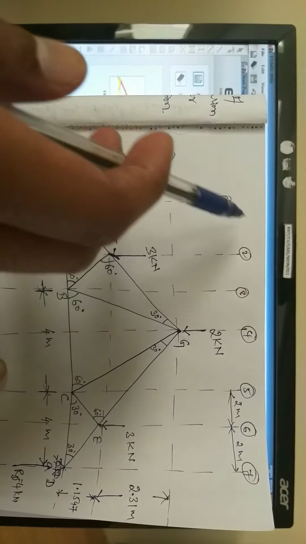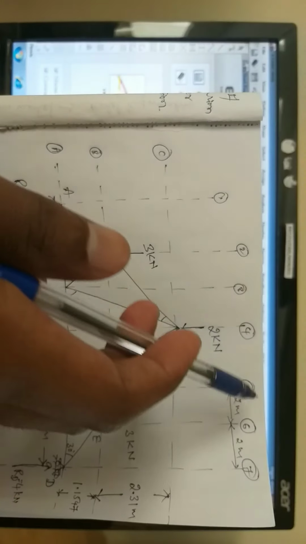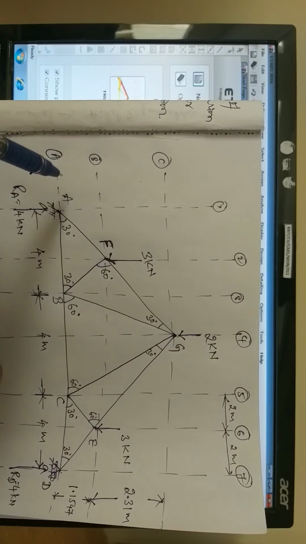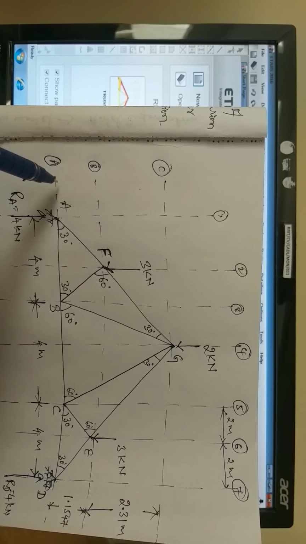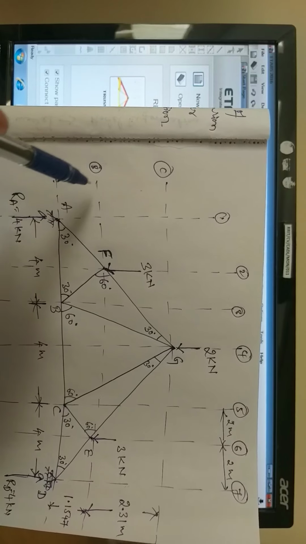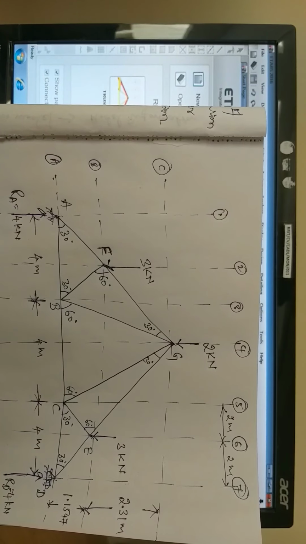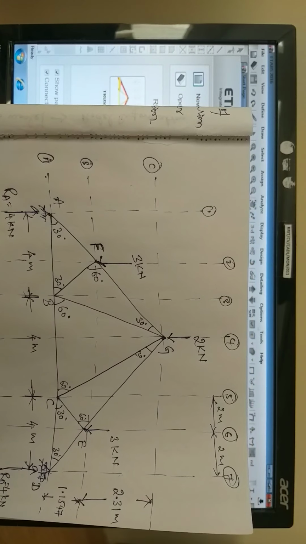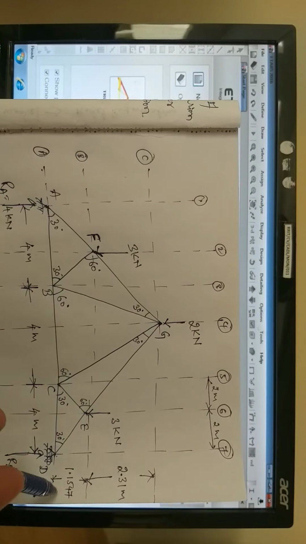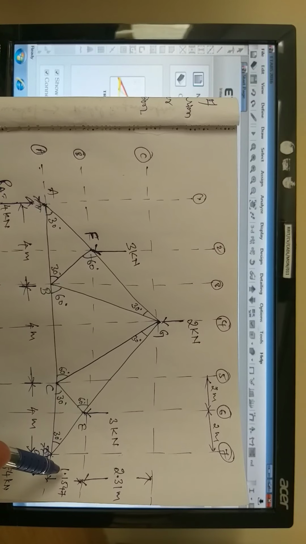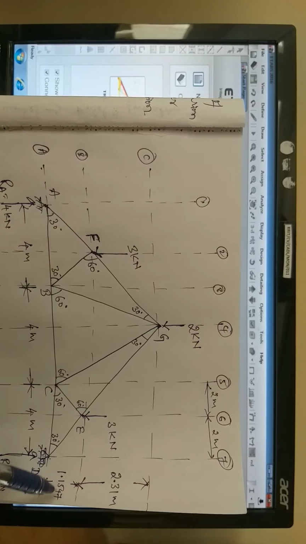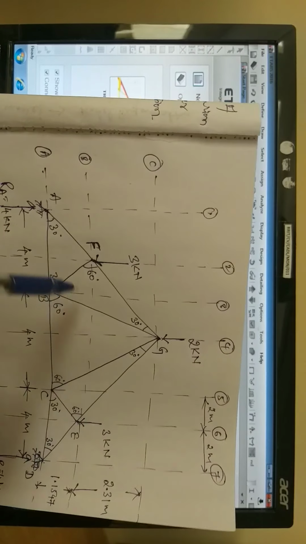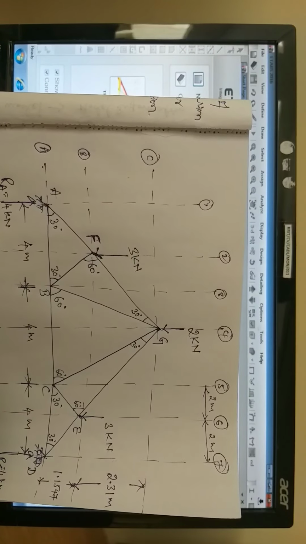You can see here 1, 2, 3, 4, 5, 6, 7, and in the vertical direction the truss is divided into 3 grid lines, 1, 2, 3. Each grid spacing is 2 meter horizontally and vertically it is 1.1547, and the next grid spacing is 2.31 meter.